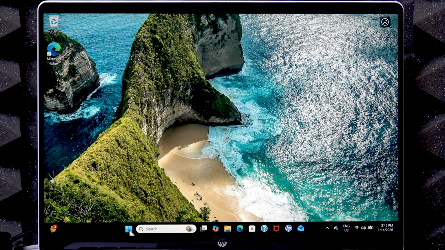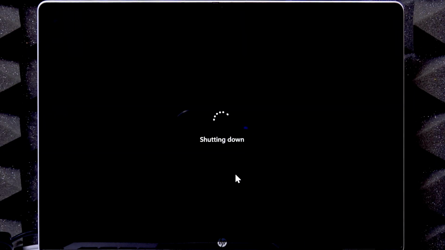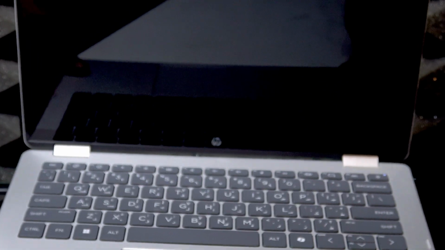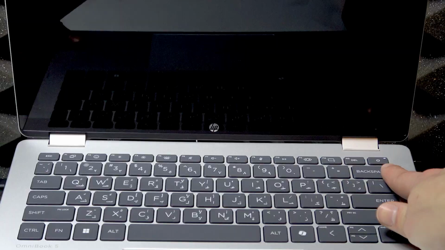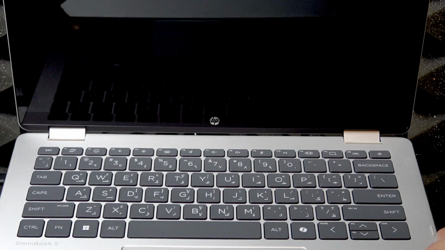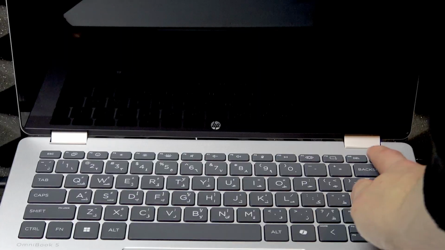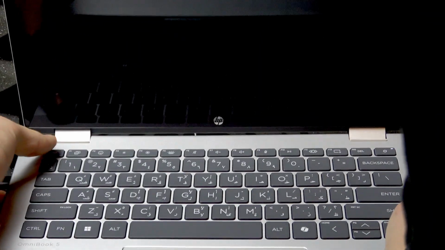First of all, we're gonna have to shut down this laptop by going to Startup menu and selecting Power Options and going to Shutdown. And after that, we're gonna have to open BIOS menu. But before we do that, make sure that the LED indicator on the power button goes off, and then after it goes off, wait for about 3 seconds before starting your computer again by short pressing the power button, and